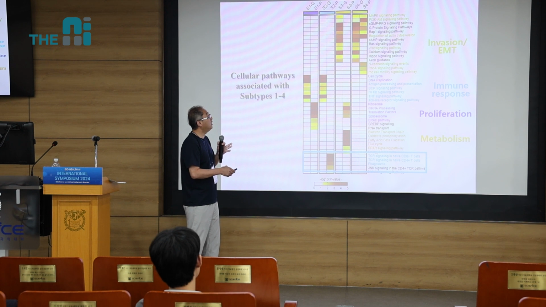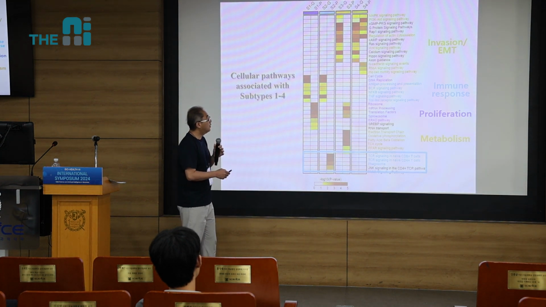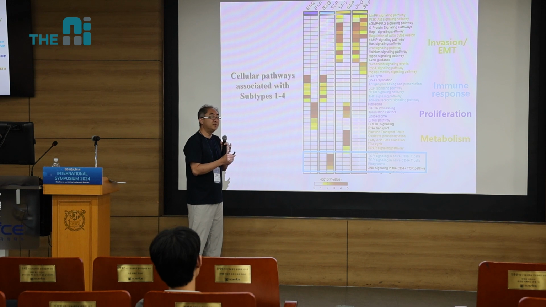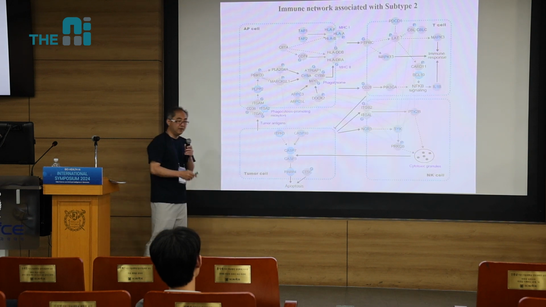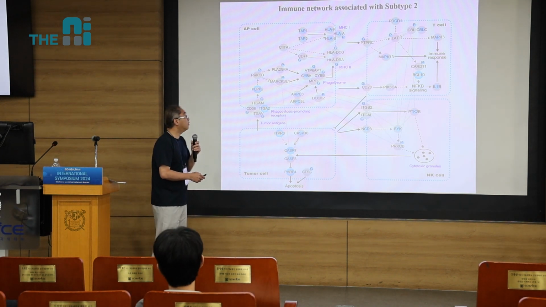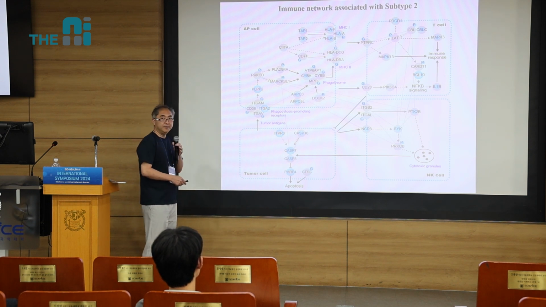So high EMT potential, which means aggressive phenotypes. So we can expect that prognosis for subtype 4 is going to be worse than subtype 2 at least, right? So if you make a model, they reconstruct a network model to represent this anti-tumor killing